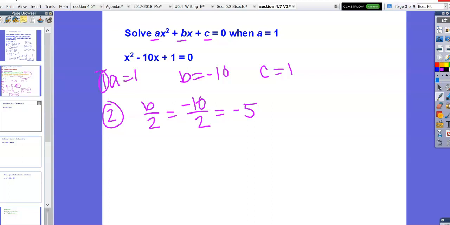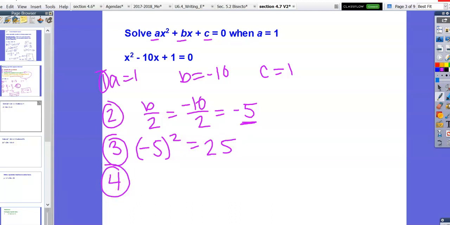So then for step 3, we want to figure out what this value from step 2 squared is, and that's 25. So now we can add 25 to both sides of the equation, and I would put it directly behind the bx term. So x squared minus 10x, bring this value down, plus 25. Don't forget we had this plus 1 in the beginning. Add it here,